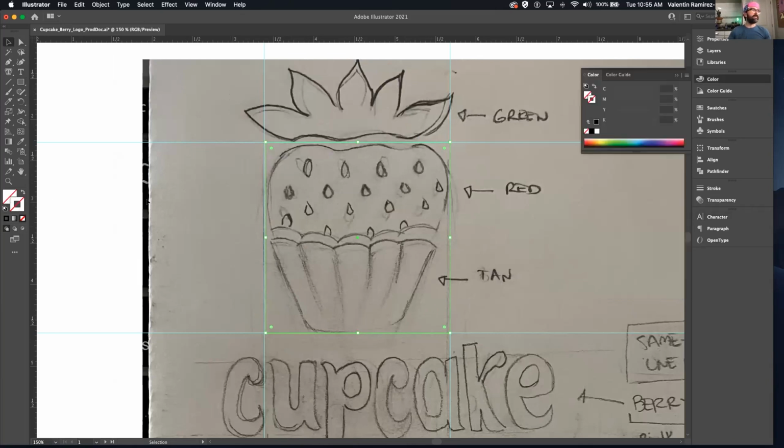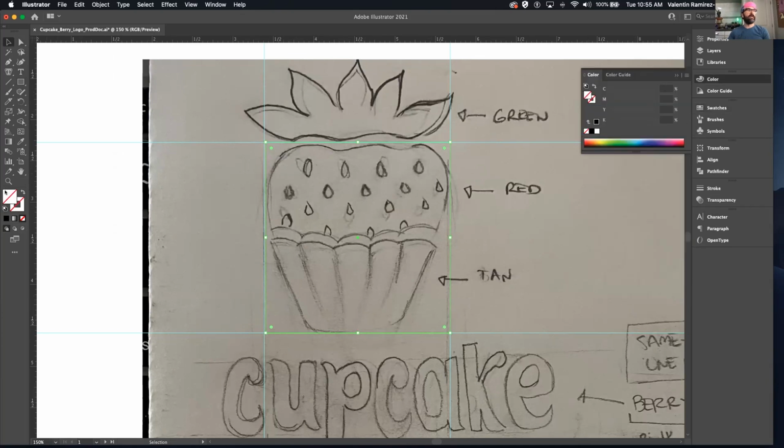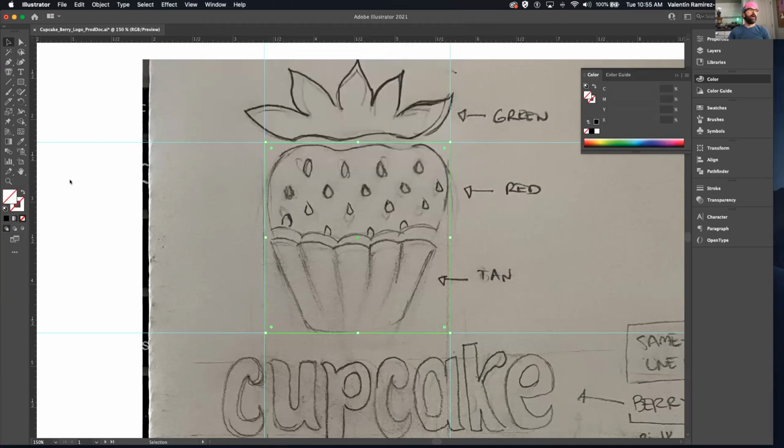In this case, I'm gonna make the stroke. Your Illustrator file should be loaded with these 3 colors, which are the colors that I picked. Normally by default, there are a bunch of colors. Also, if you want to select a different color, you can always just click here, say okay, and then add it to your swatches. For right now, I'm just going to use